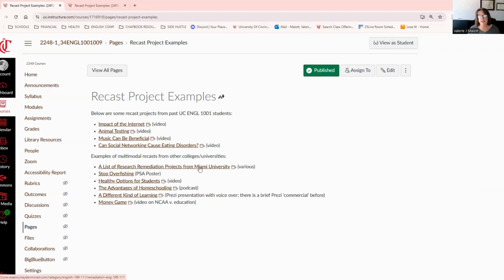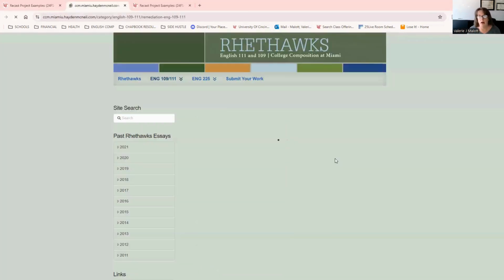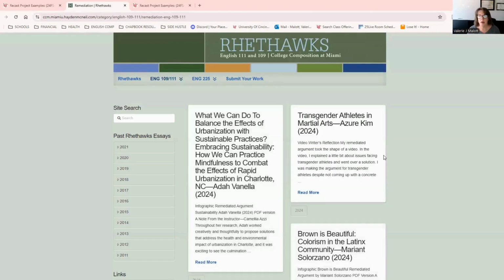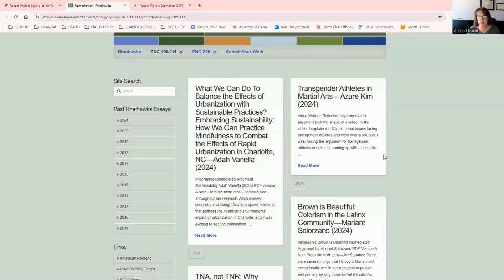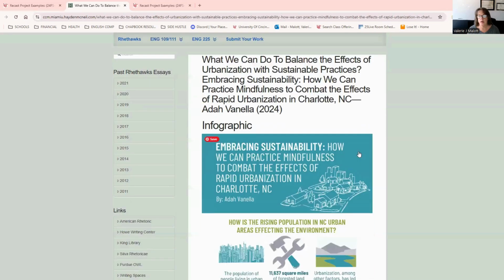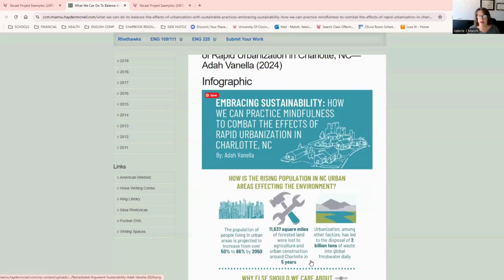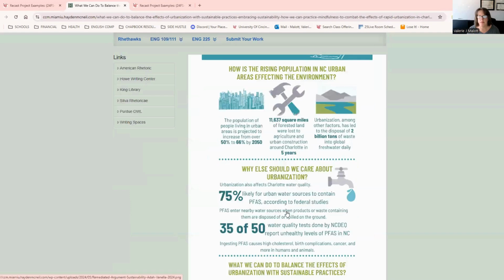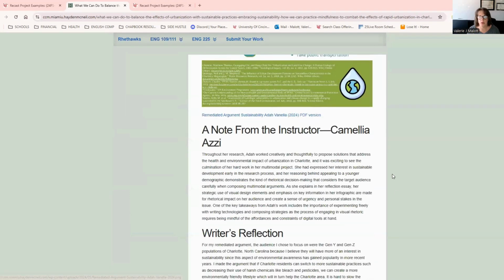The first is a list of research remediation projects from Miami University. This is their archive for English composition at Miami University, and you can click on each of these and they'll show you different types of multimodal things. This one is an infographic where you can see how they have recasted their research into something that is nice and visual.